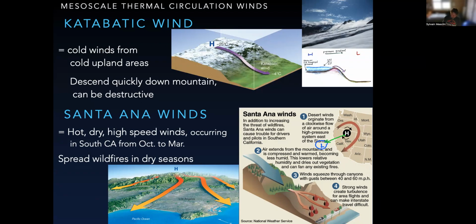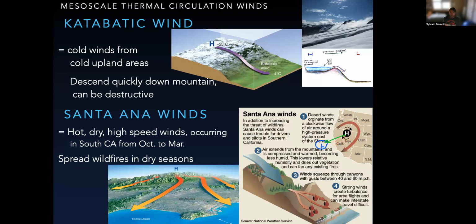Those winds are very particular to California, again, because of this configuration, but because they also happen during October up to March, in particular when they occur during October, November, they tend to be amplifiers of the wildfires. Usually during that time of the year, there are some wildfires happening in the foothills of those mountains, and those Santa Ana winds will be blowing and enhancing those wildfires, also helping those wildfires to move to other places. Those winds are quite dry because they're coming from higher elevation, they don't have humidity, and